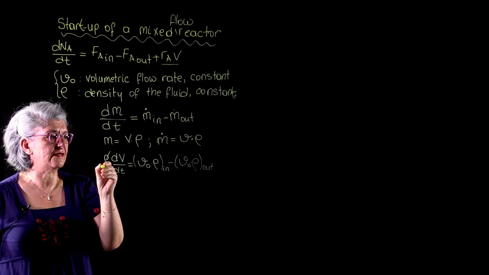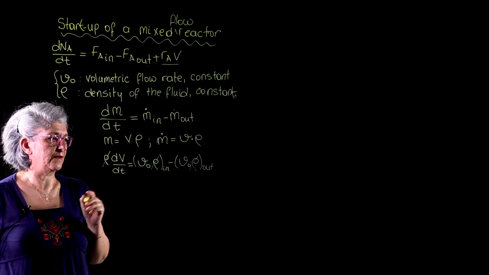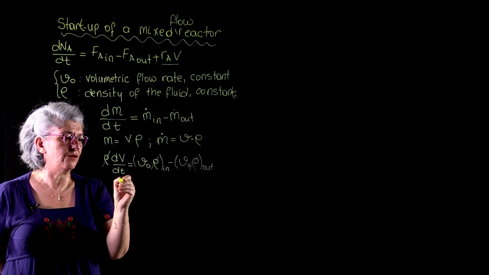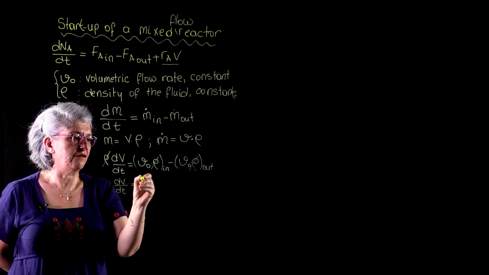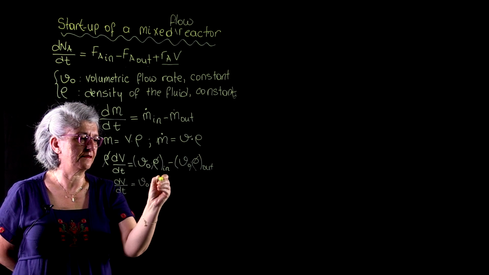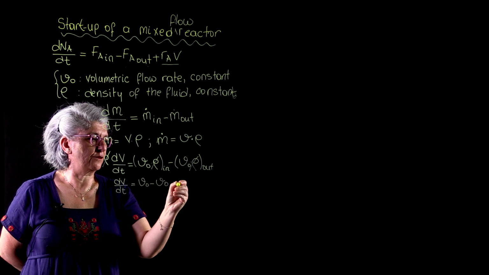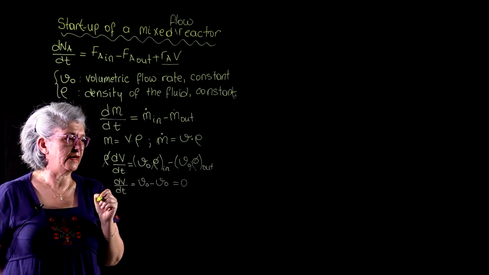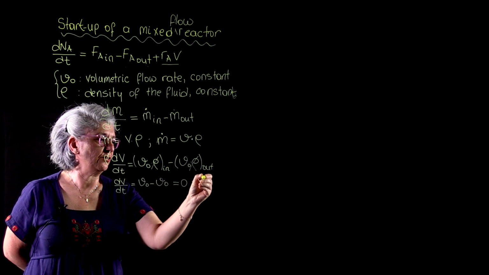Now rho was constant, and I'm going to cancel them out from the equation, and I get dV over dt to be equal to V0 minus V0. This is going to be 0, and the solution of this differential equation will tell me that my total volume